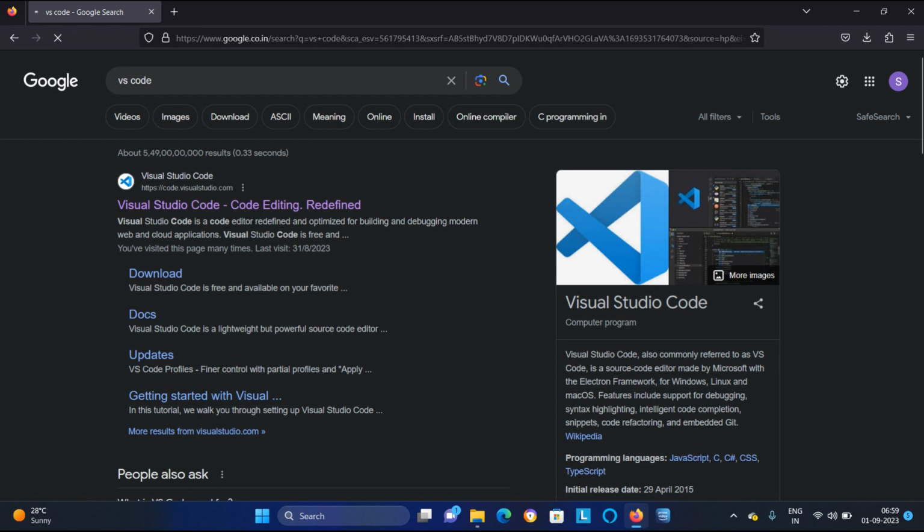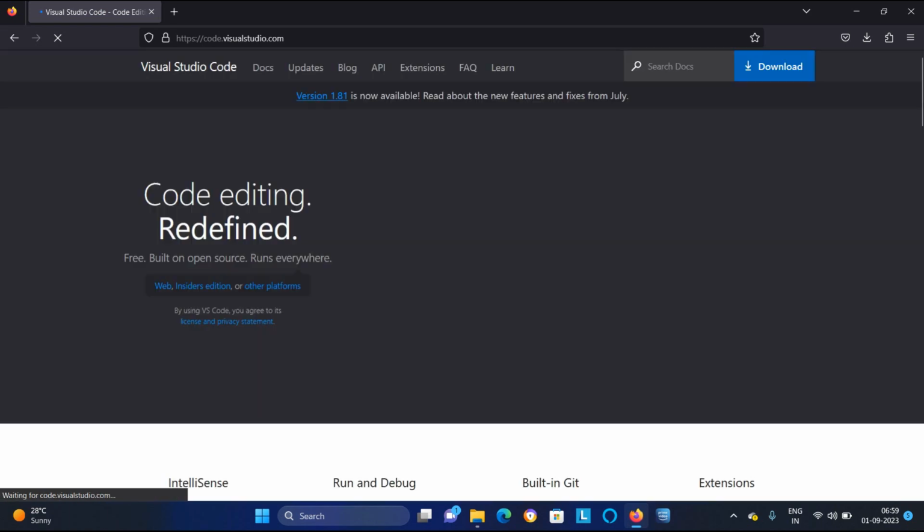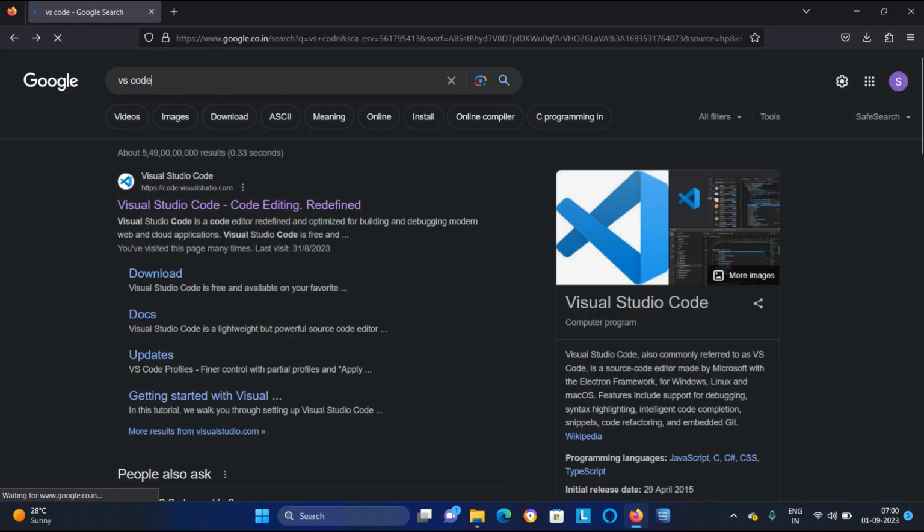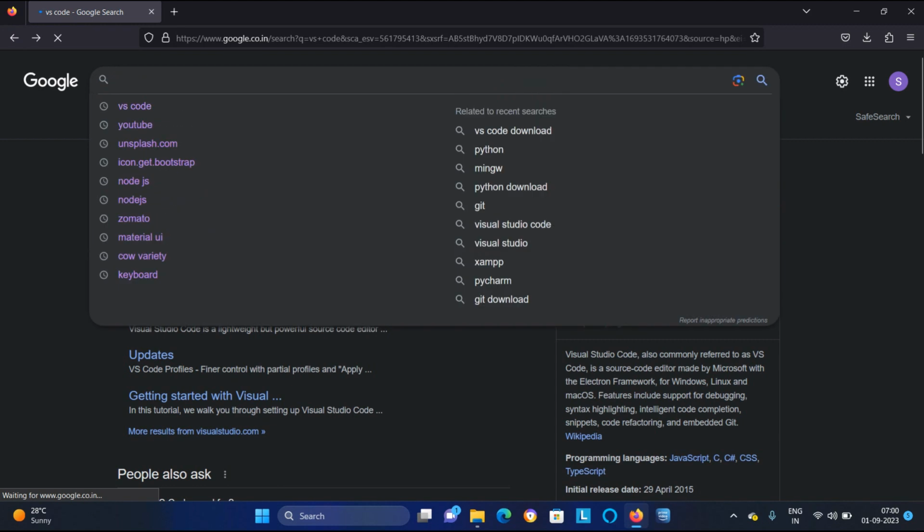On the very top of it, you will get the option to download for Windows. Wait for a minute, it's coming, I think. Yeah, here you are getting an option to download for Windows, and you can download it and install it. In what way you will install it, I have told you. You can go to that video, this video is of this JavaScript. So we have installed, you will install the VS Code in this way.